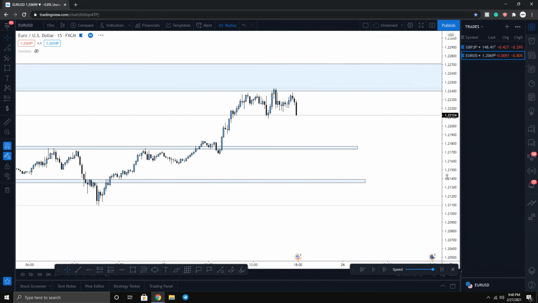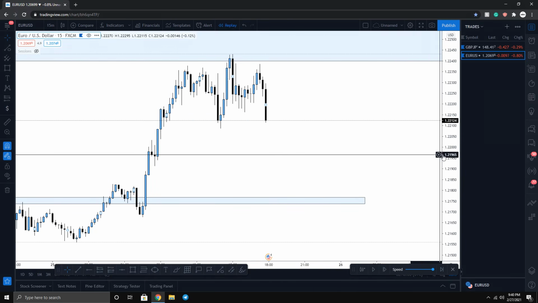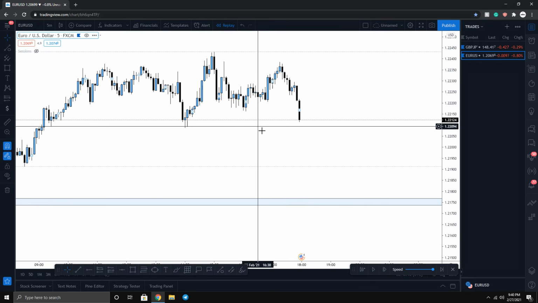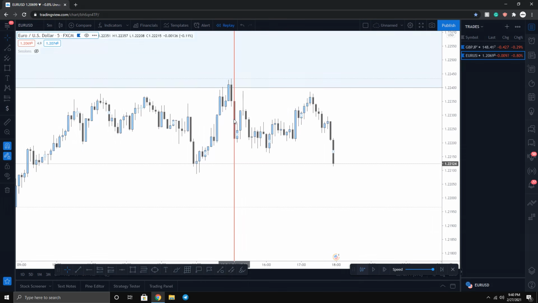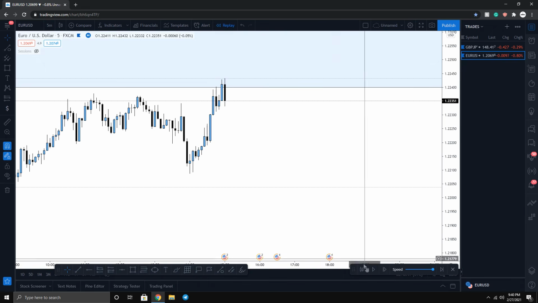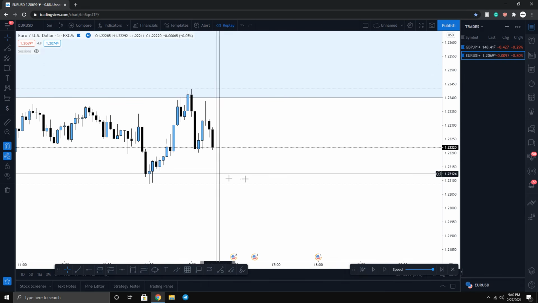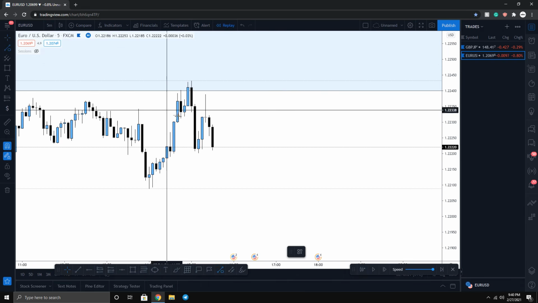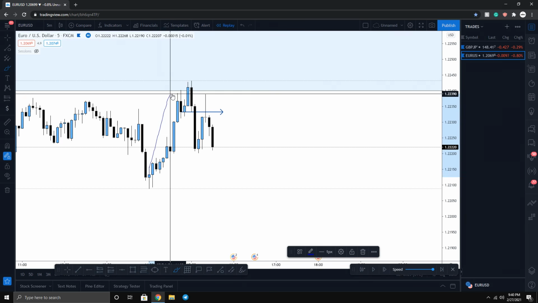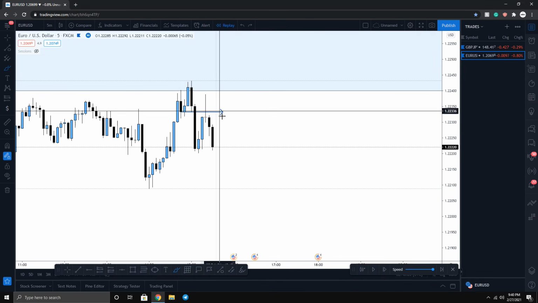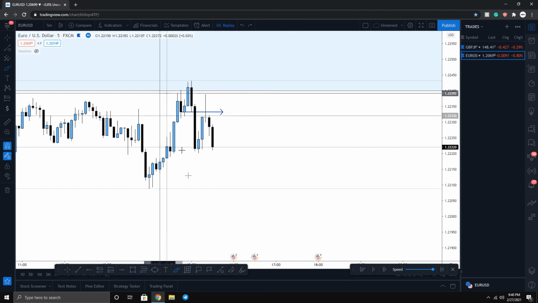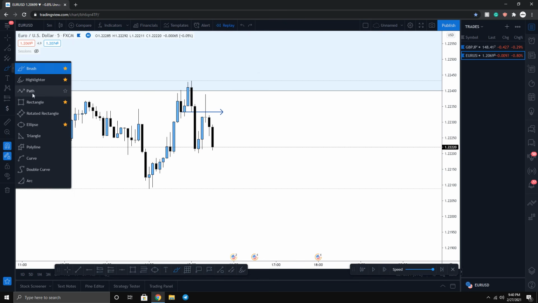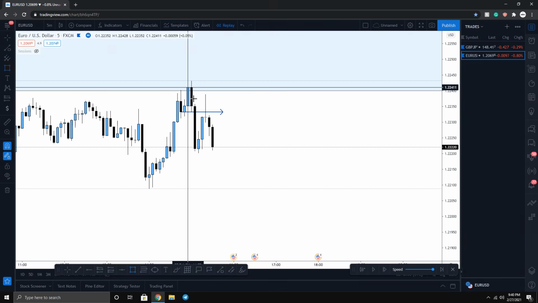Now if we drop down towards the 5-minute time frame, what we can see is that right over here, the market comes in and breaks structure. We get a break of structure of a previous higher low right over here. The market pushed up, made a higher low, pushed up. We broke this previous higher low, and this is identifying bearish pressure in the market coming in. All that's left is for the market to retest this previous order block right over here.